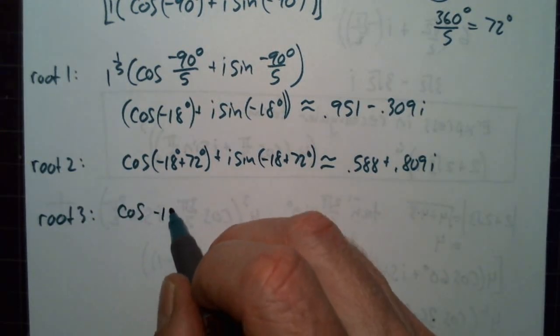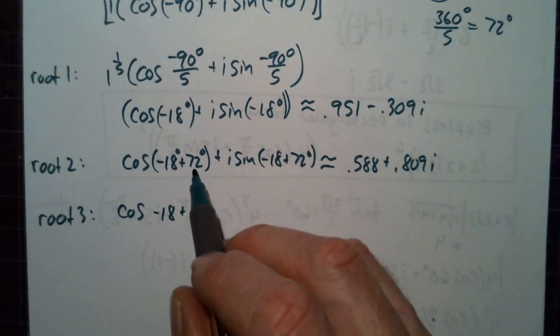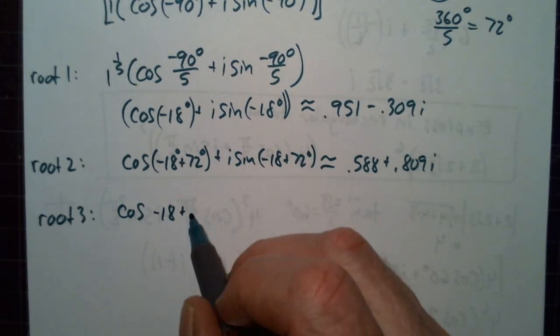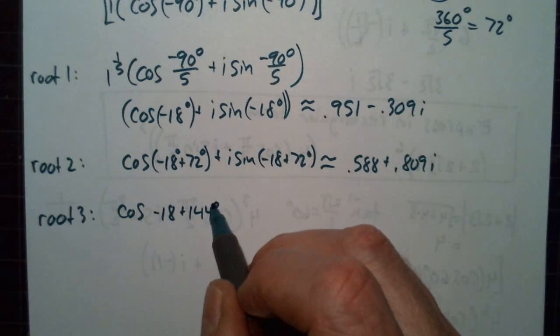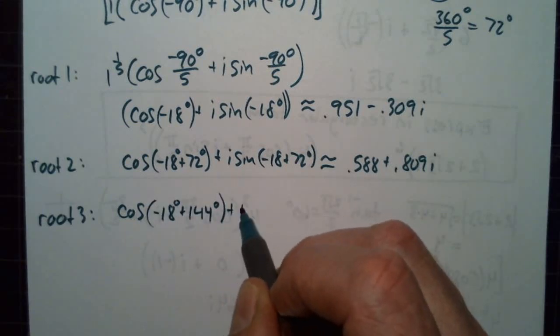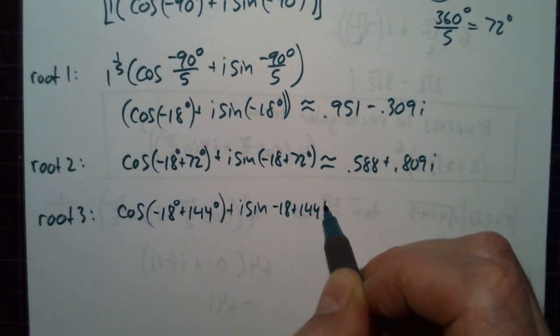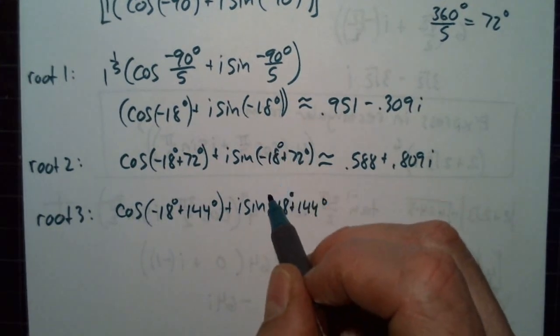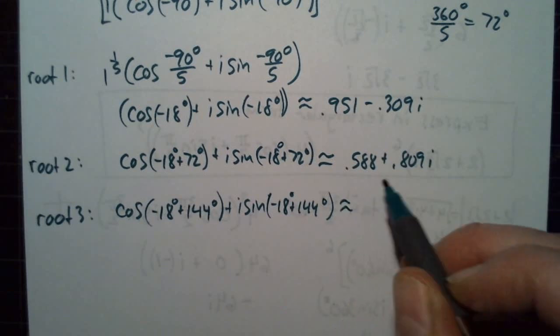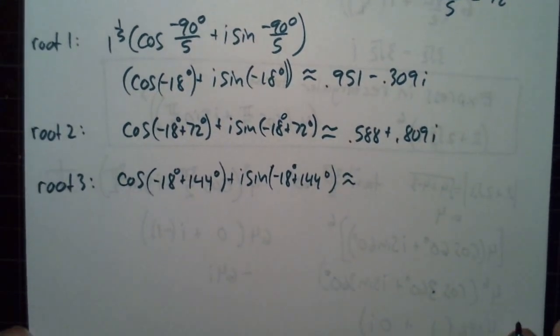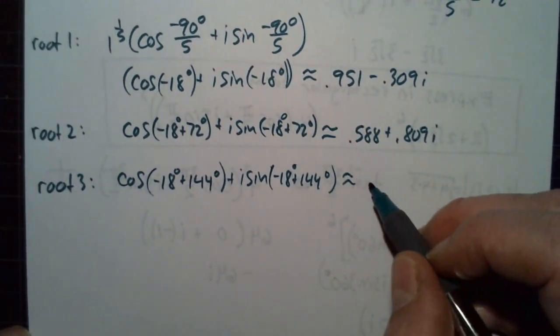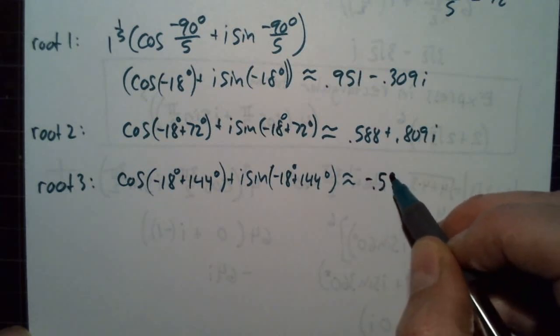Let's go with negative 18. We already added 72. We're going to add another 72, and that would be 144. And we do that in the calculator, and we get negative 0.588